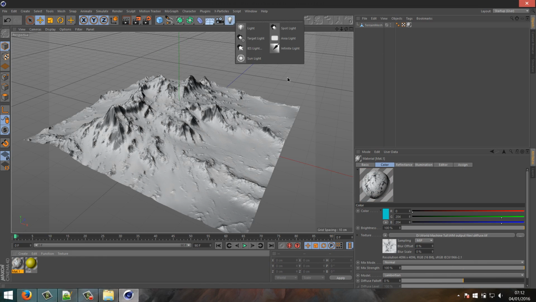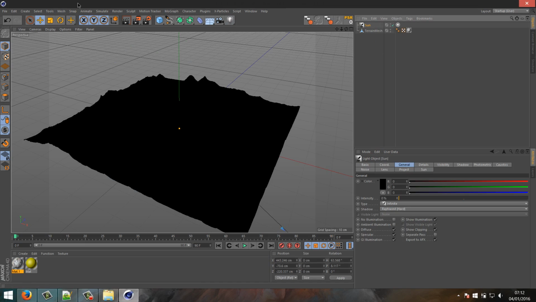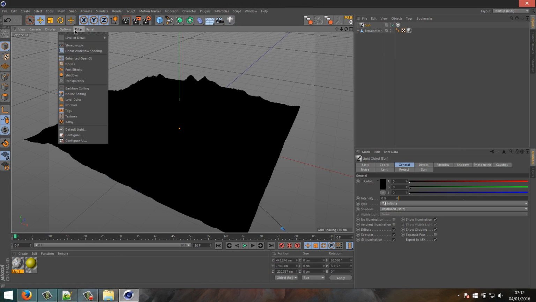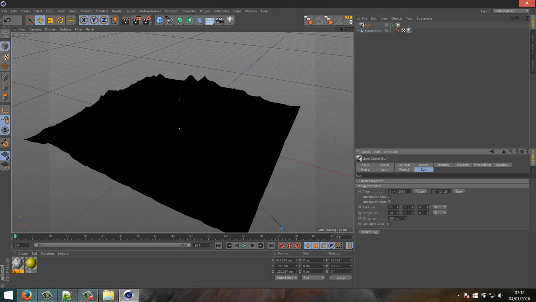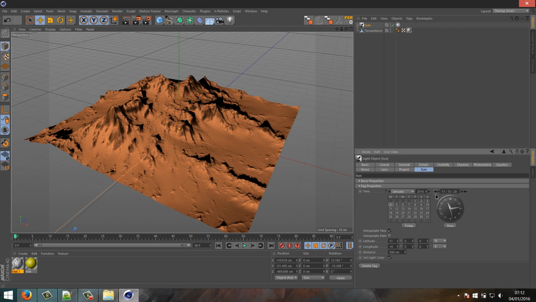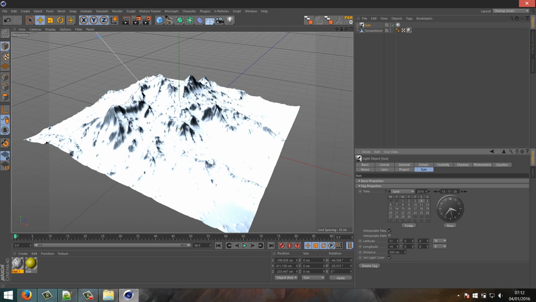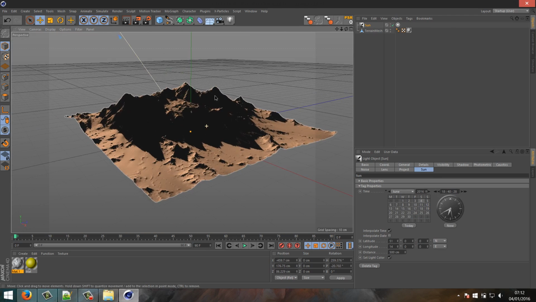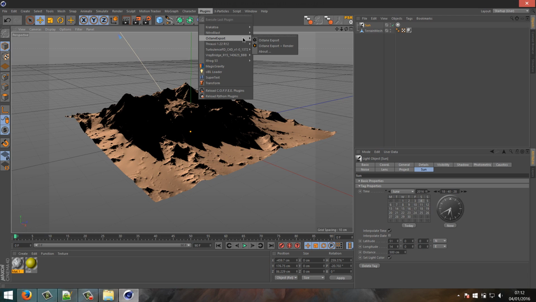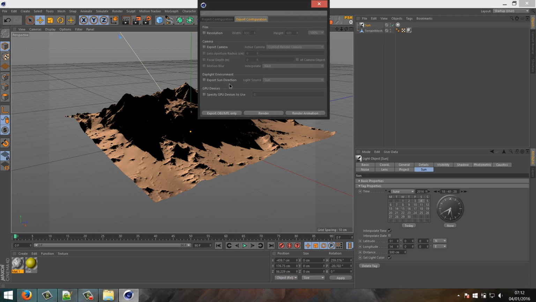There we go. So let's do that. Let's set up a sunlight. Display shadows. And it's 7 o'clock in the morning here, so it's pretty early and there shouldn't be any light. So if I now would like to export this, I would just go into plugins, Octane export, check export sun direction, and select the sun as a light source,